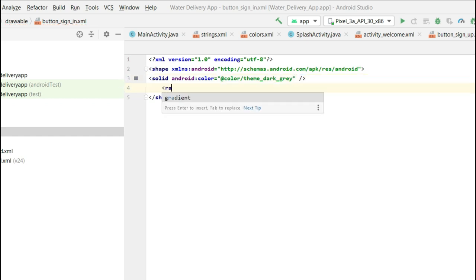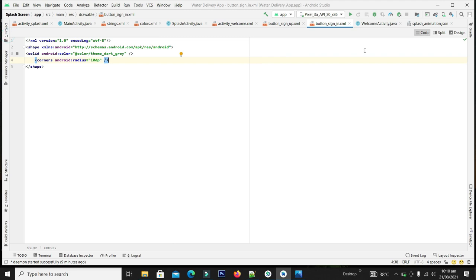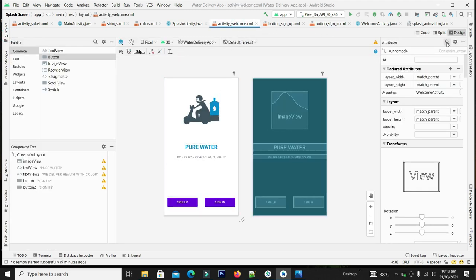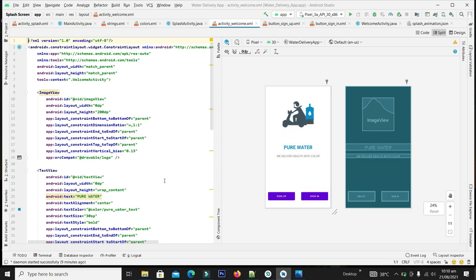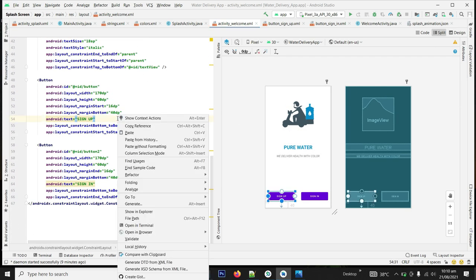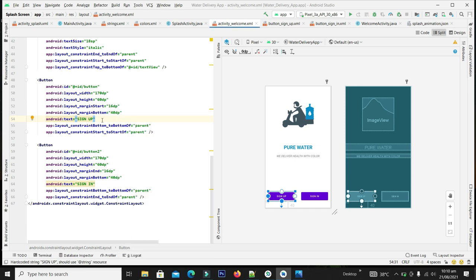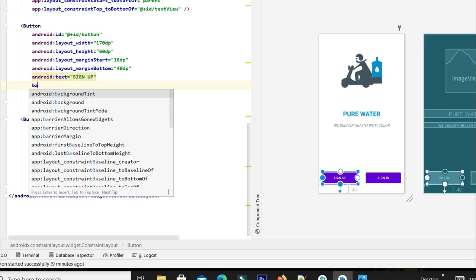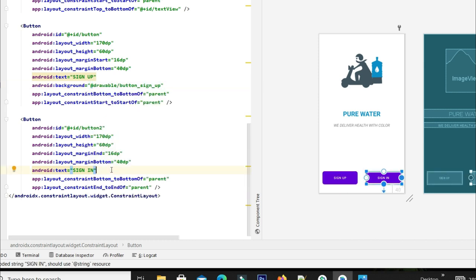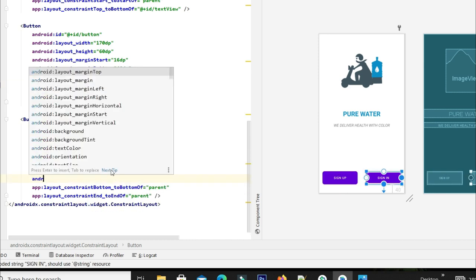And in the same way, let's give its radius. Now let's hide some windows and come back to our welcome screen, and allocate this button background to this button. And apply the same thing for sign in.